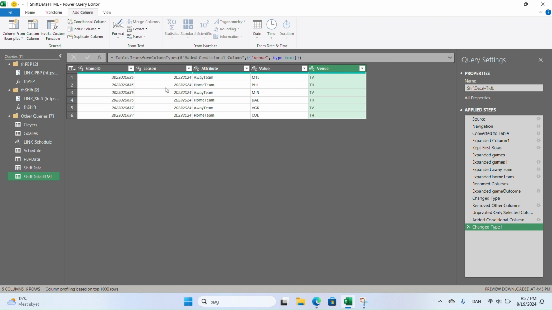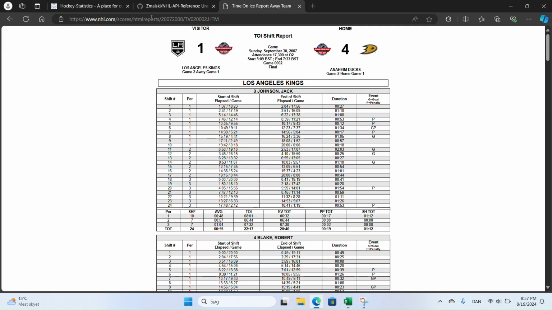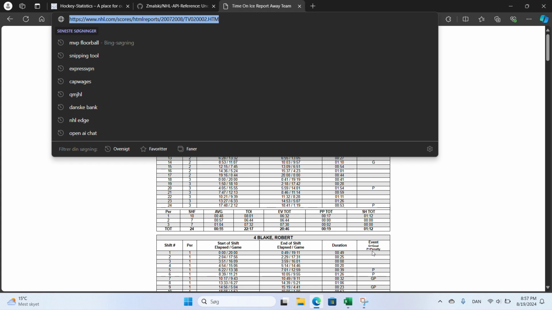We already have that one. It needs to be a text. The game ID needs to be a text. So let's create our URLs. We only need the last 6 digits here, but we'll just put that in directly. So we'll just copy this URL,